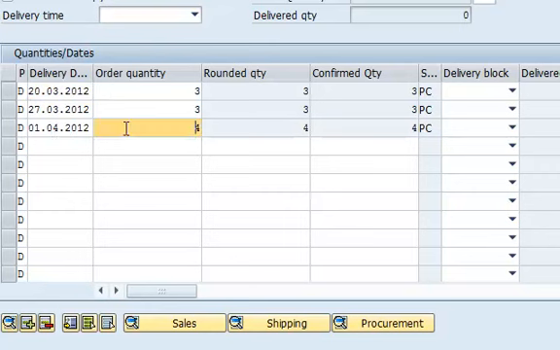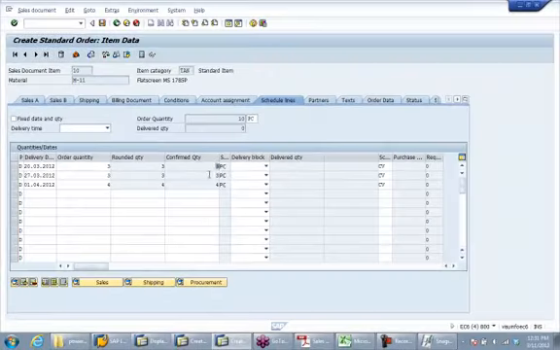Okay, so on 4/1 again I have an order quantity of 4. So now I split the sales order into multiple schedule lines. Again, if you observe here, you see confirmed quantity, so it means that stock is readily available and the system is confirming this quantity as soon as you enter the sales order. The way the stock is confirmed, we'll be talking about in the availability